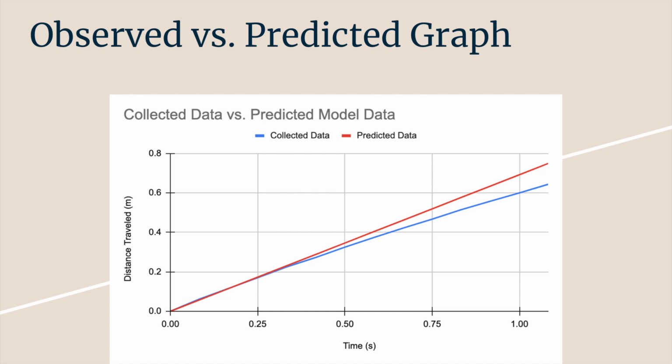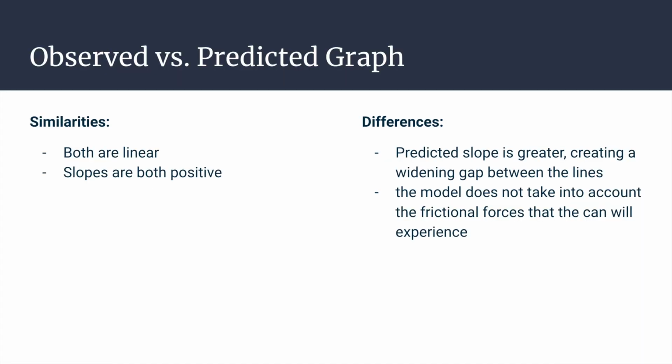As you can see, the predicted data is slightly above the collected data. So we have some similarities here. Both data sets are linear, and the slopes are both positive in the upwards direction. And then we have some differences as well. The predicted slope is greater, which creates a widening gap between the lines. And also the model doesn't take into account the frictional forces that the can inevitably experienced,